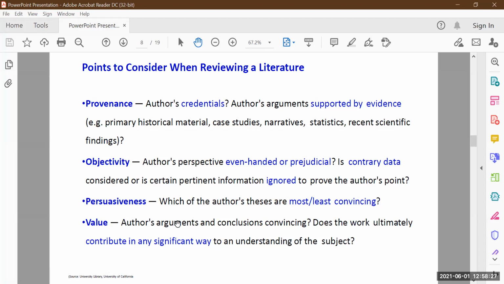Also look for persuasiveness. When you are looking at a particular literature or article, how persuasive and convincing is the author about his concept, about his method, and how is he going to convince others in the area of science and technology? Just saying to someone, okay, believe me, has no meaning. You have to convince them with your methods, replication of the results, validation of the results. These should be in the research papers, based on facts and figures, right?